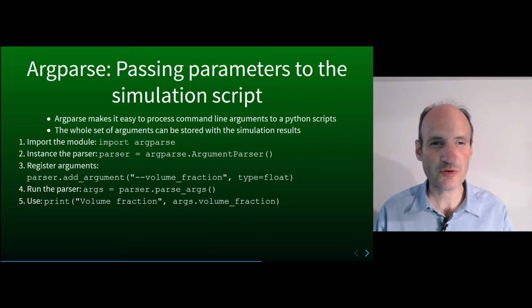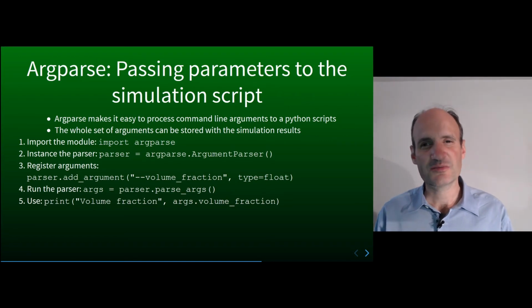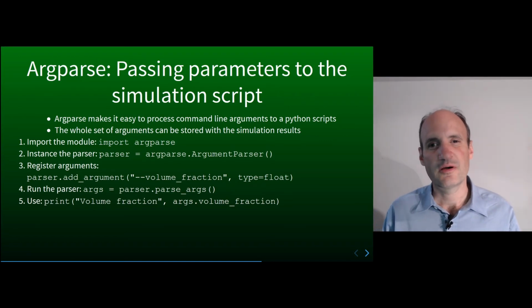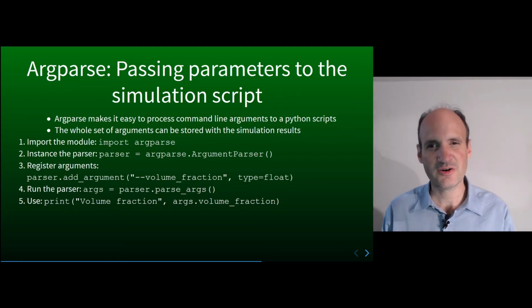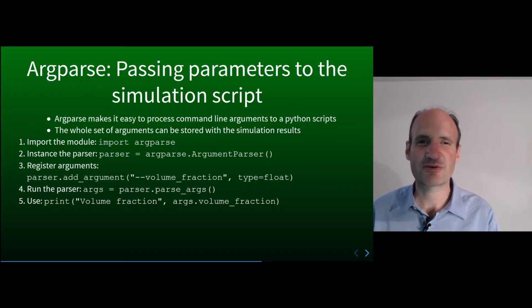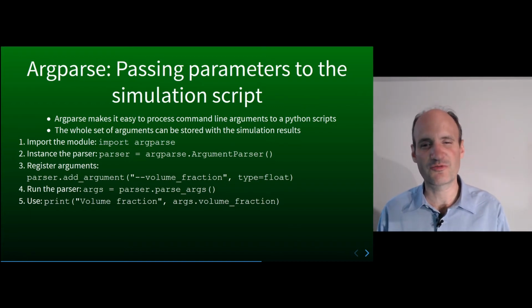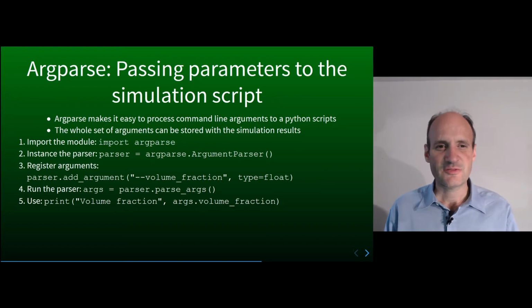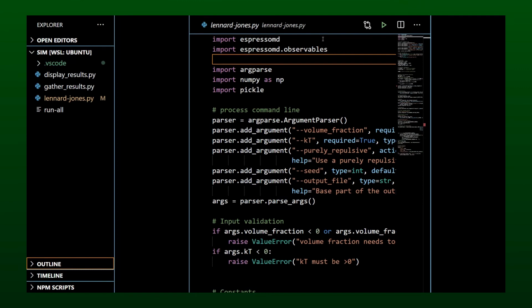So we expect a floating point number from the user, and then we call the parseArgs method of the parser to process the command line arguments and store the output in a variable. And this variable we can then in the 5th step use to access the command line arguments in our script. So for instance here we print the content of the argument volume fraction. Let's see how that looks in the simulation script. So let's go to our simulation script,